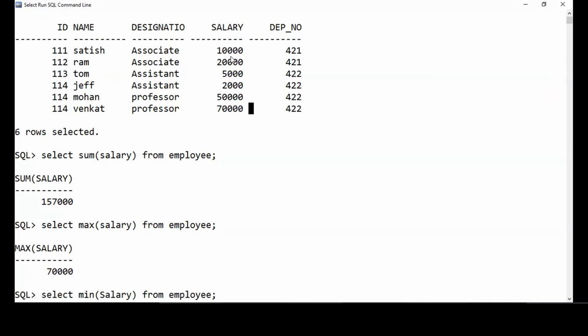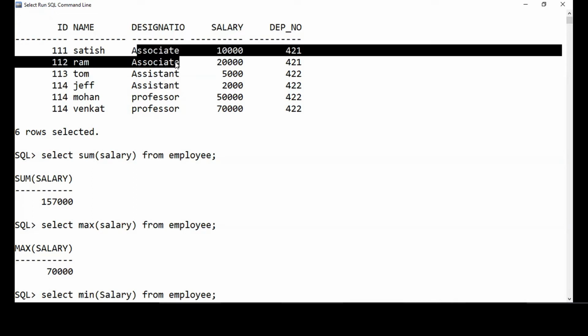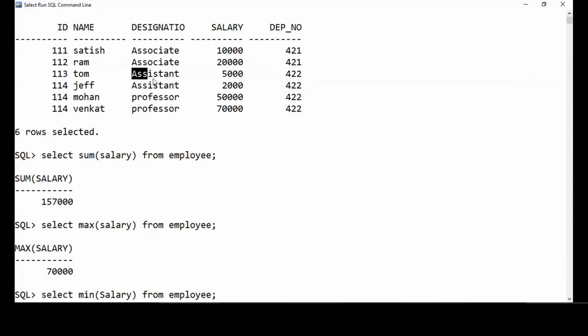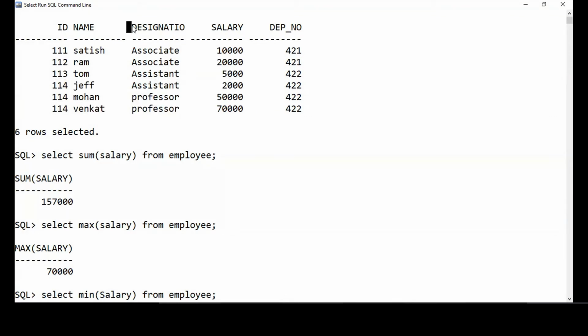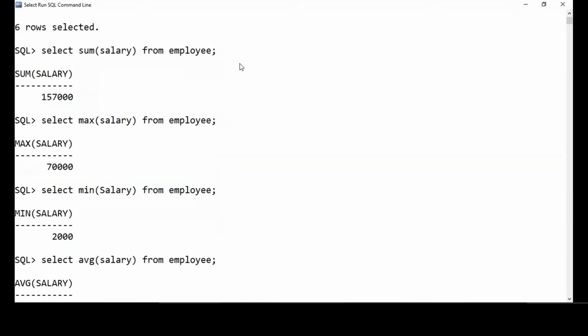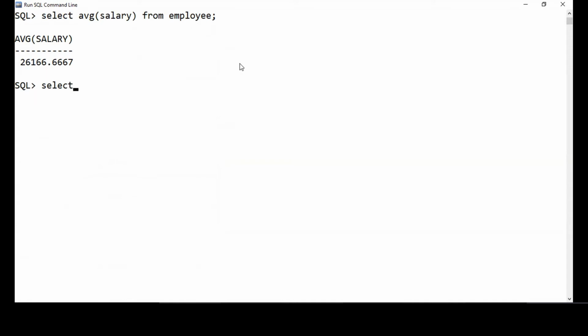So here we have to find the total salary for each designation. So we have to group by designation. First, we take all the associate professors, group them, and find the sum of salary. Next, we group all the assistant professors and then find the sum of salary. So first we are grouping by designation, and what function are we applying after grouping? Sum on the salary column. So very simple. Our output is, for each designation, print the total salary. We'll see how to do that.